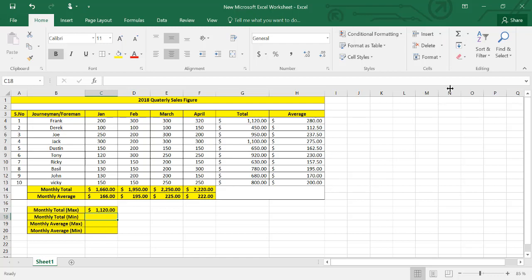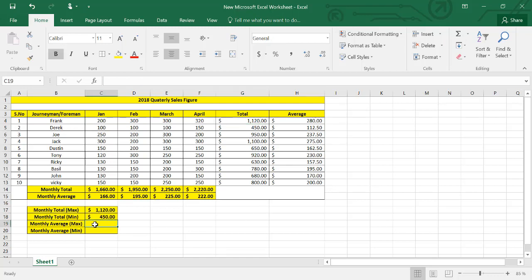For minimum value, we can go to this drop down, select minimum, and again select this total range. So we can figure out what is the minimum value and which salesman has the minimum wages. So out of this, 450 is the minimum and 1120 is the maximum value.